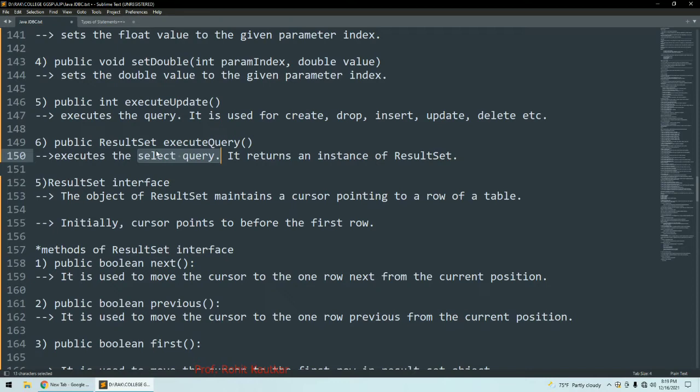So whatever data will be retrieved, it will get stored within the object of result set interface. So the object of result set interface basically maintains a cursor, a pointer which is pointing to the starting row. Okay, so you can traverse through all available records with help of result set interface object.